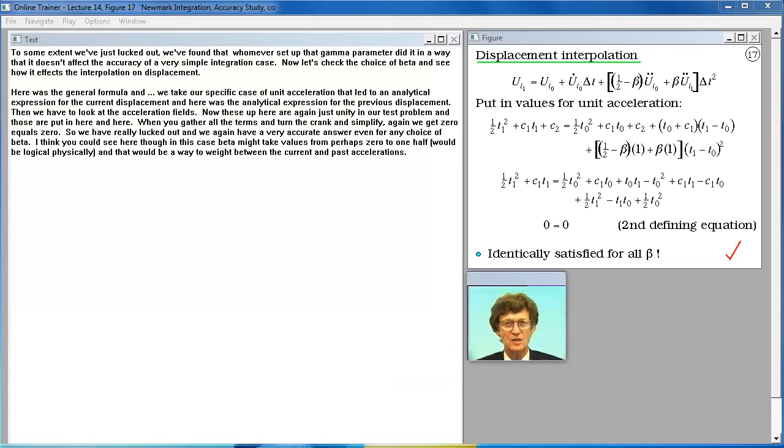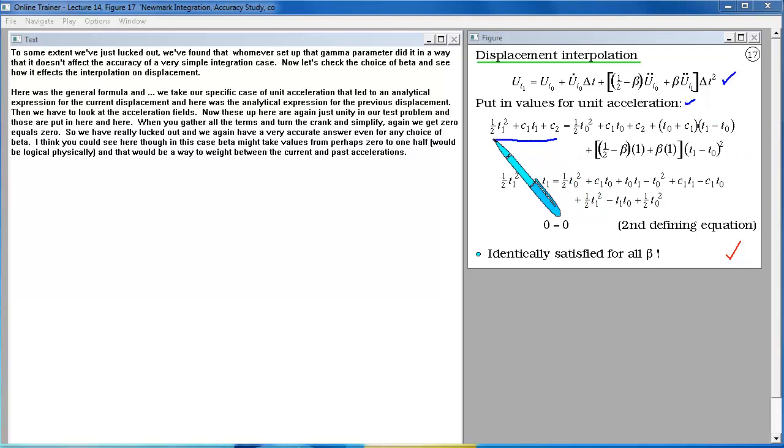To some extent, we've just lucked out. We found that whoever set up that gamma parameter did it in a way that it doesn't affect the accuracy of a very simple integration case. Now let's check the choice of beta and see how it affects the interpolation on displacement. Here was the general formula, and then when we take our specific case of unit acceleration that led to an analytical expression for the current displacement, and here was the analytical expression for the previous displacement,